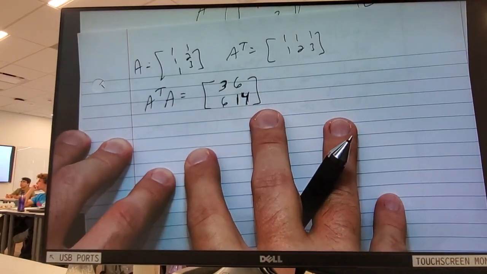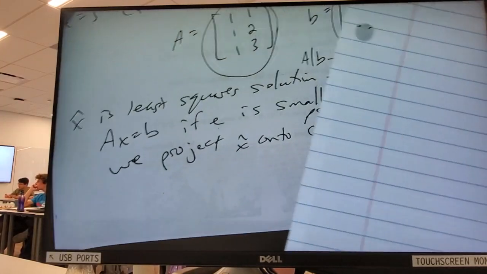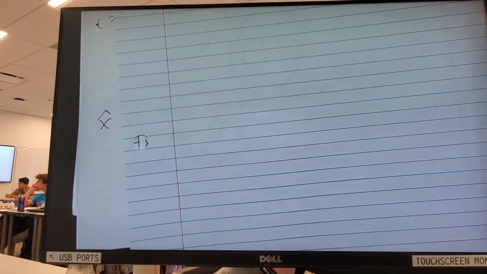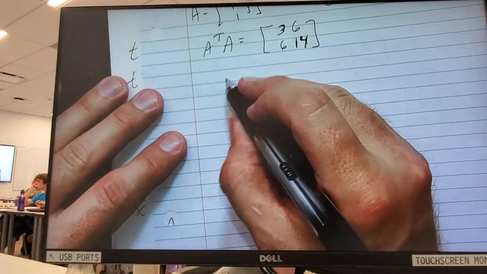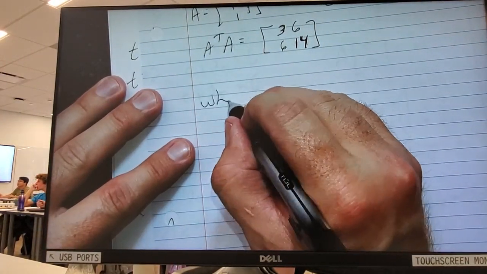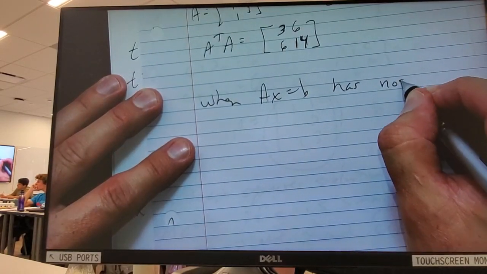Okay, is everybody with me so far? Now, let me back up a step. Hold on. Sorry, I thought this next step was coming later, but it's right now. When AX equals B has no solution,